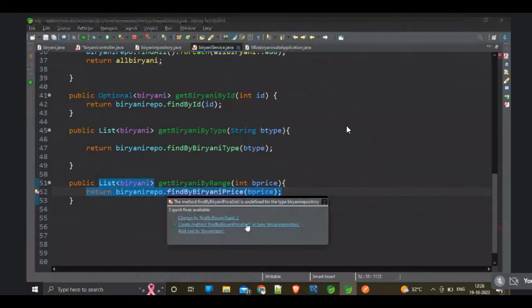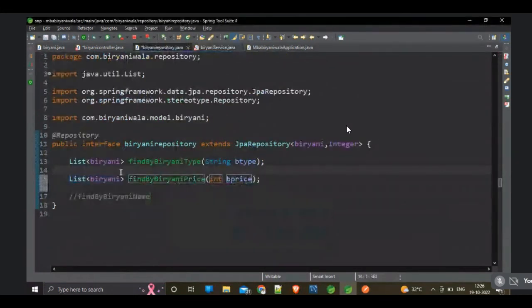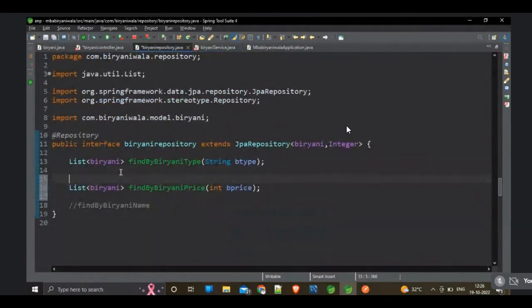When we are using this repository, we have to get the biryanis based on the price. That's okay, but here we have to do something: we have to write our own query. Okay, so here at